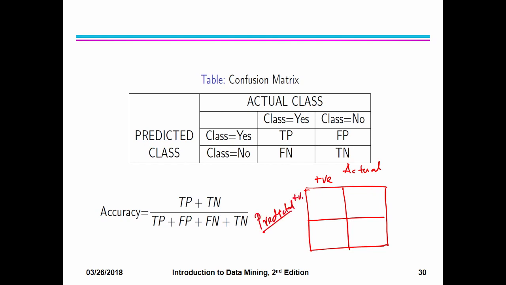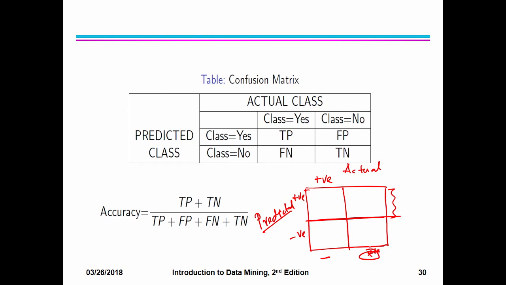So, this also should be positive and then negative class. As I said in the last class, row wise, this is the number of objects predicted as positive class by the classifier. And on the column wise, this side will give how many objects have the class level positive. Similarly, here is how many objects have the class level negative.